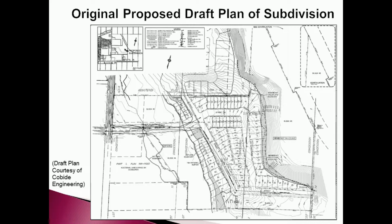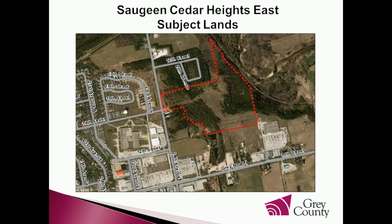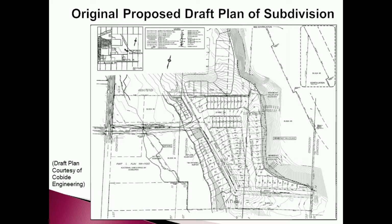There was one public comment on this application which stated, and maybe we'll even go back to the air photo, that there's a block of lands kind of in behind what we call the Brenly Estates plan of subdivision, right kind of where that arrow is. That could otherwise, if this subdivision wasn't amended accordingly, be landlocked. So as part of the review process, the developer worked with that neighboring landowner to change his design a bit, such that there's now a further northerly street connection on Street C, which would allow for that connection to that small piece of land. The reason it would be landlocked is because the valley and the trees sort of cut